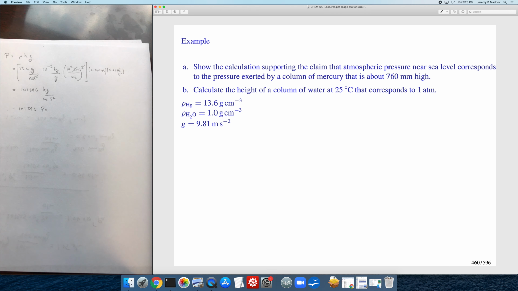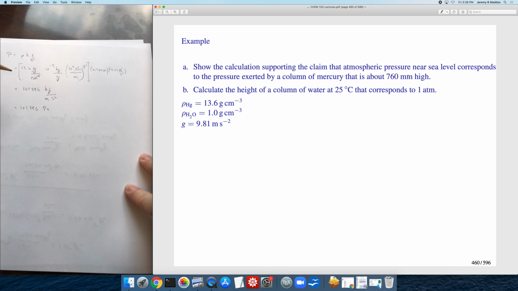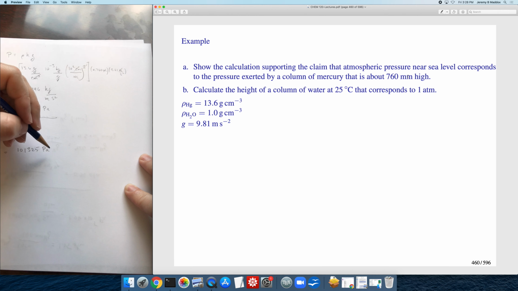In the follow-up problem, we're being asked to compute what would be the height of a water column corresponding to a pressure of one atmosphere. So let's take the equation and rearrange it and solve for the height of the liquid column. It's going to be the pressure divided by the density divided by the gravitational constant. Okay, and so for 1 atmosphere, let's go ahead and plug in the 101,325 pascals. And